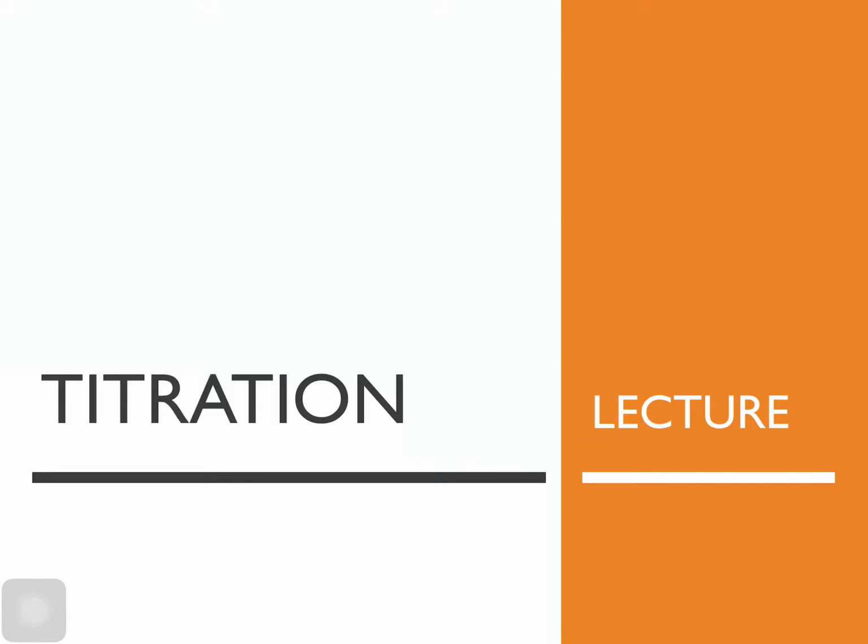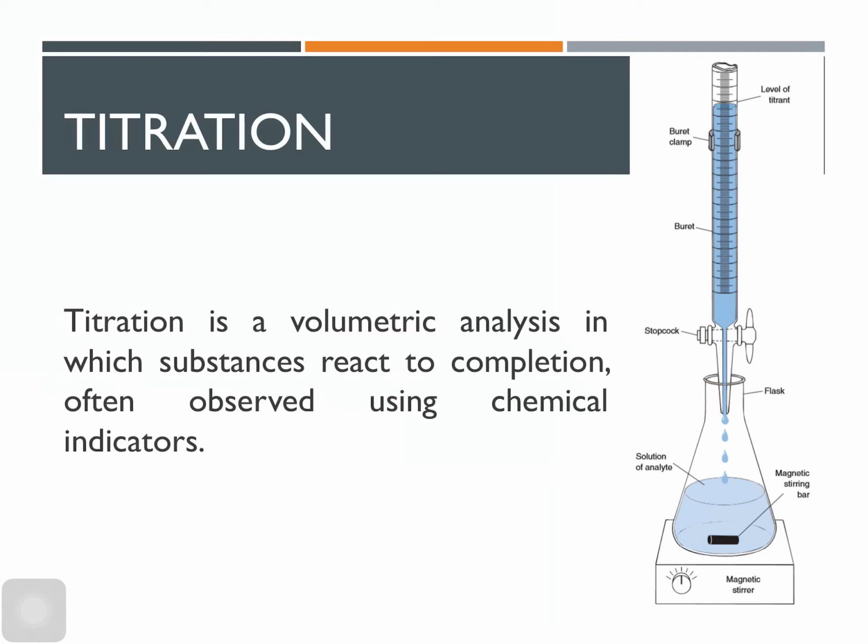Going to talk about one of the classical methods in analytical chemistry. It is a volumetric method used to identify the concentration of our substances. We call this titration. So let's have a walkthrough on how this works and what to expect. Titration is a volumetric analysis, so that means we are more concerned with the volumes of our substances reacting